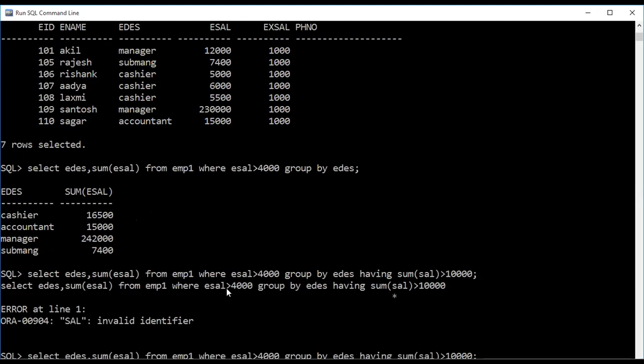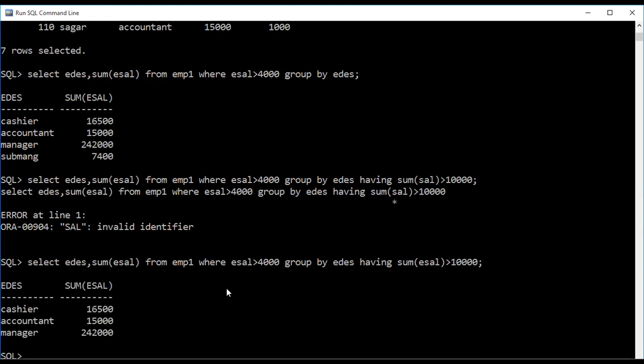Sorry, we should write E salary. See what you are getting? Until group by, you are getting this table, including the where clause. But I am applying having on this group by table; I only want to see the sum of the salaries of the employees according to their departments whose total is more than 10,000. So these three rows are satisfying the condition. This last row is not satisfying the condition, so you are not getting it here.